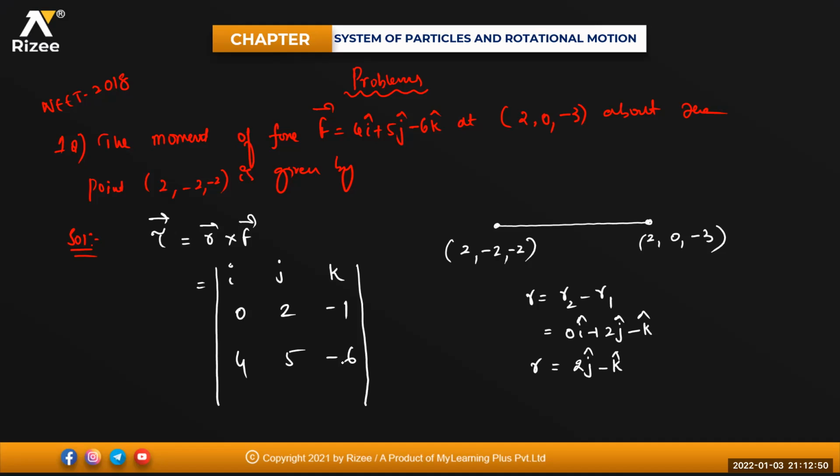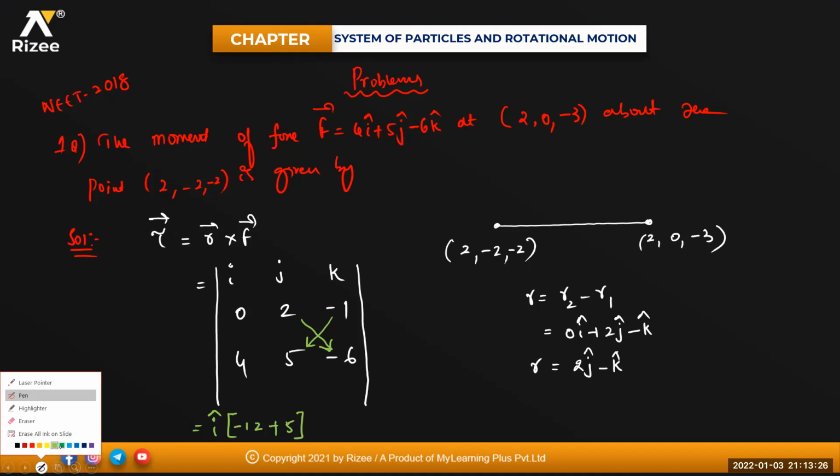Okay. Now cross multiply it. I hope everyone got an idea how to cross multiply it, beta. First one, if I need the value of I, close the value of I and cross multiply with your J and K. That is 2 comma J. The next one is this one. Isn't it? 2 sixes are 12 and 1 into 5 is minus of minus 5. So for the first part, the value of your I cap will be equal to 2 sixes are 12, minus 12 plus 5. Done.